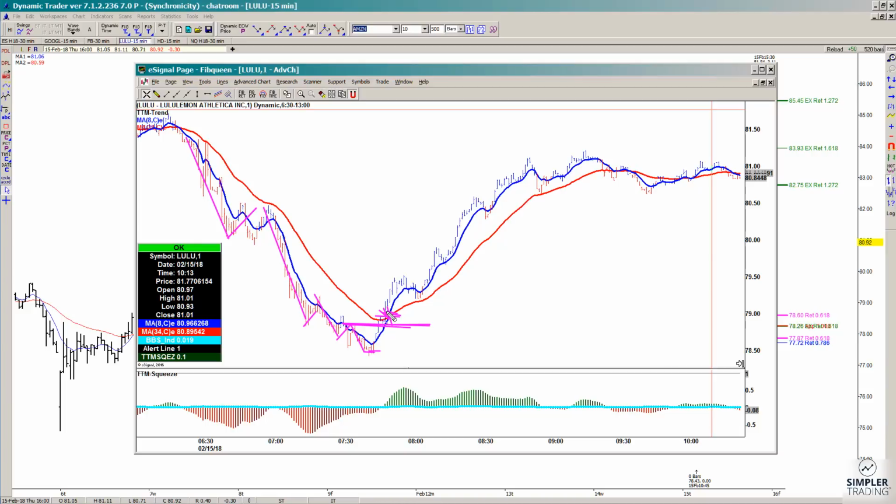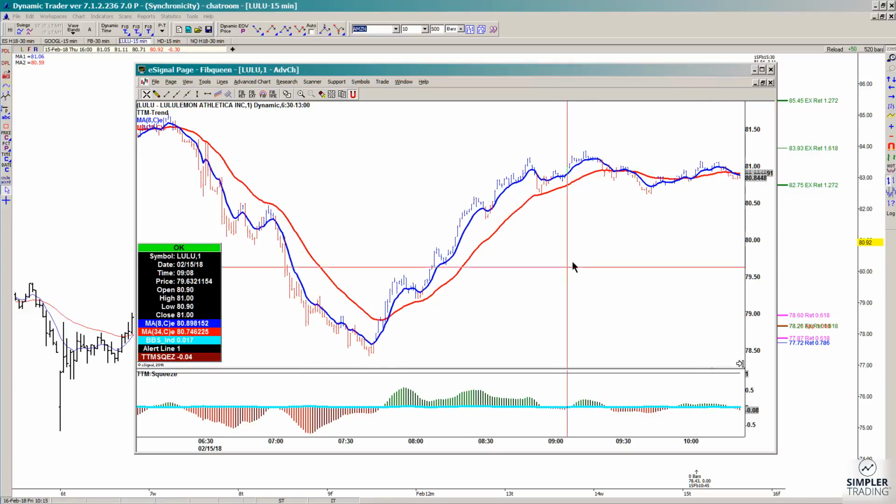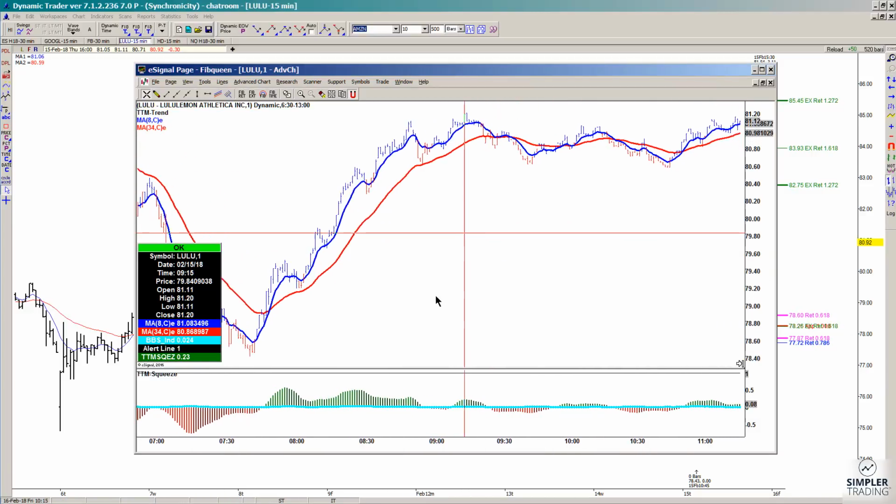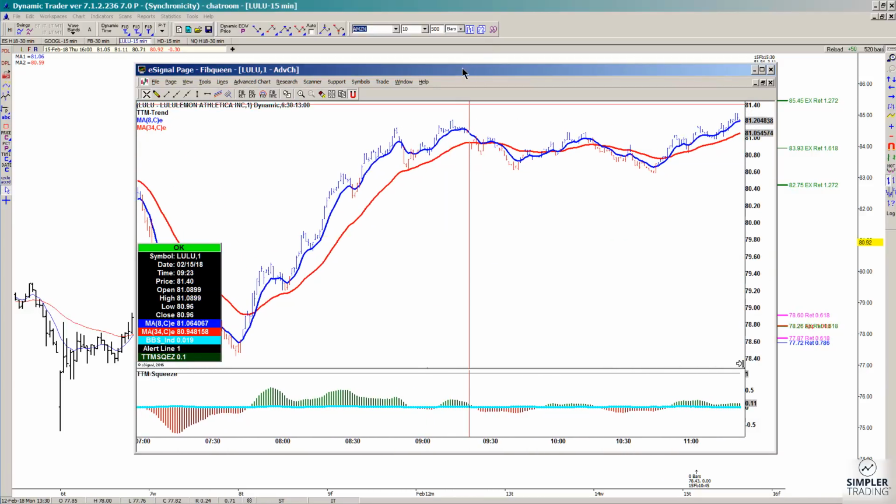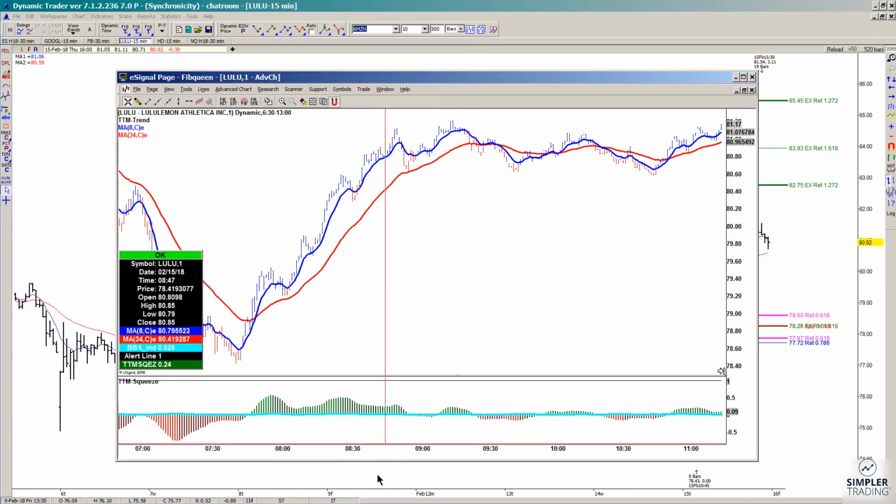Your initial risk would have been defined either underneath the low or underneath the low end of the zone, and then just take it from there. But since it's a very short-term day trade trigger, you didn't really want to keep it past the end of the trading day. But you did get a nice little bounce off of that area,